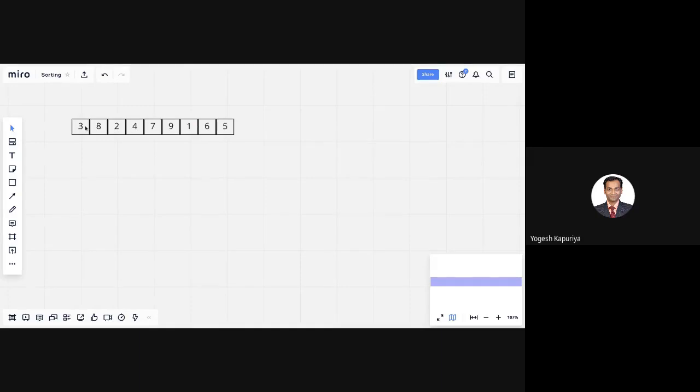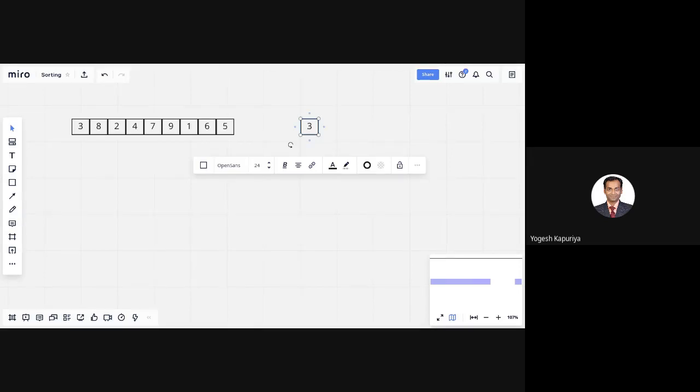So either they can start the partition from the leftmost number, the rightmost number, or some random number. We will not go for any random one, and we will not go for the rightmost. We will discuss how they actually do it using the leftmost number. Let us say we want to start partitioning, so they will take some number as a pivot number. So here this number is my pivot number. Pivot is some number which we are remembering.